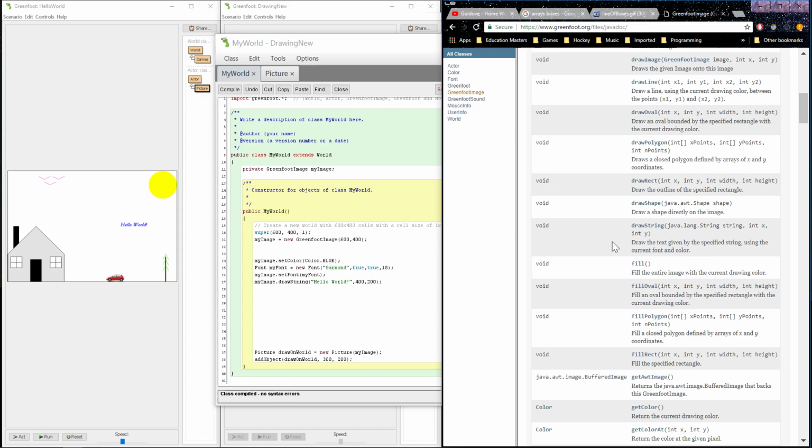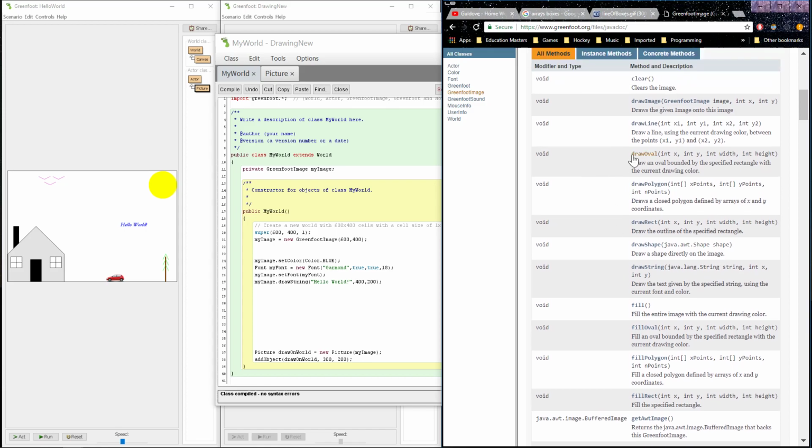As I scroll through here, I notice I have draw oval right here, and fill oval. Two options for ovals. Why doesn't it say circle? Well, circle is just a very specific type of oval, so we don't need to have a whole new method just for that. We can create a circle just fine using the oval method, so there's no need to overcomplicate things. Now, here's the difference between what we mean when we say